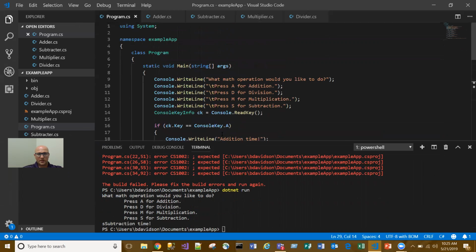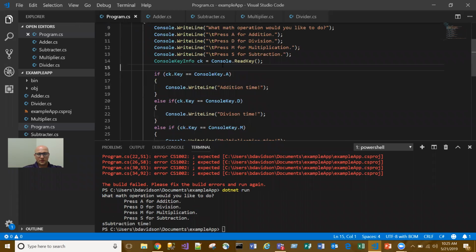Okay, looks like our formatting is a little off. We want to make sure that the console key press is